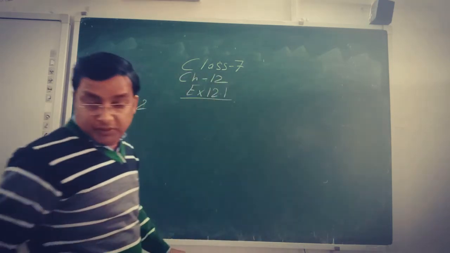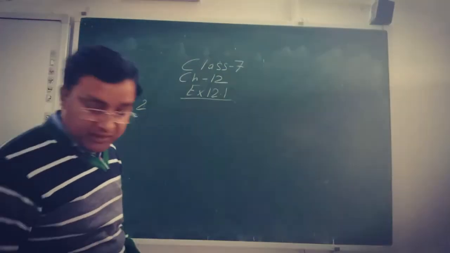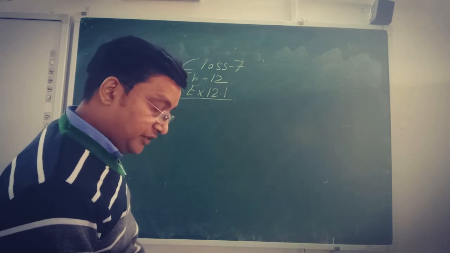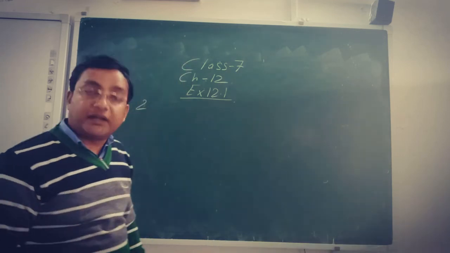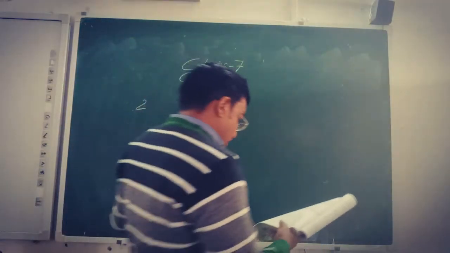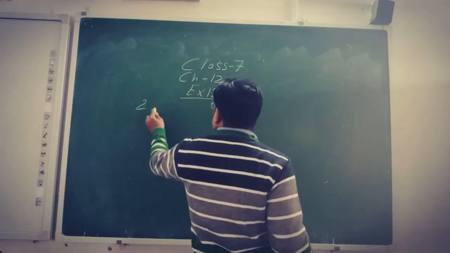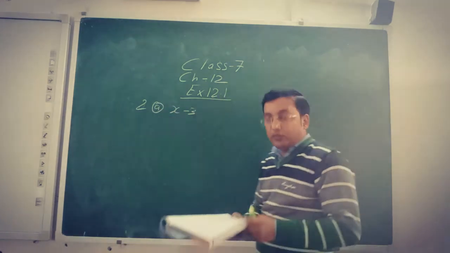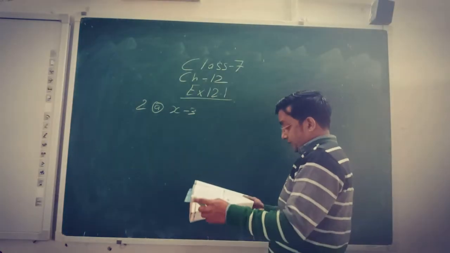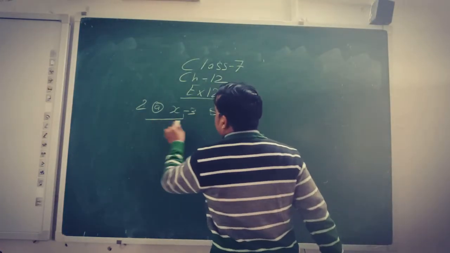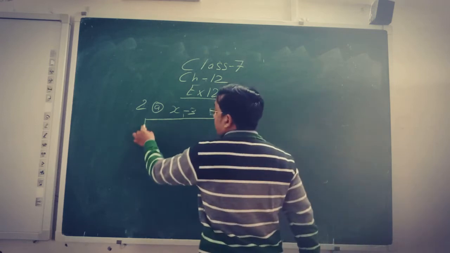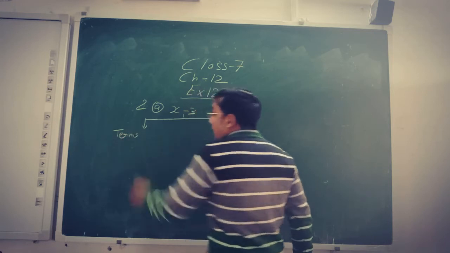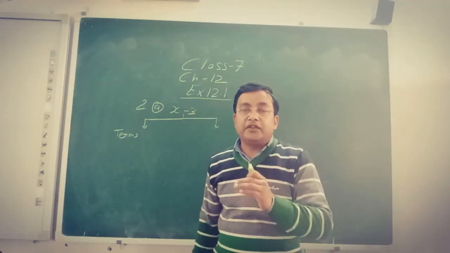In question number 2, first part, it is given: identify the terms and their factors in the following expression. Show the terms and factors by tree method. Okay. Let's take question number 8, x minus 3. I have to show it by tree diagram. So I told one, it has got two terms. I have to tell terms as well as factors. Remember, factor is always of terms.